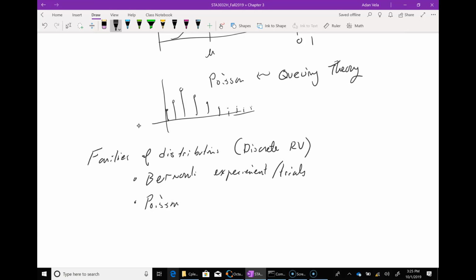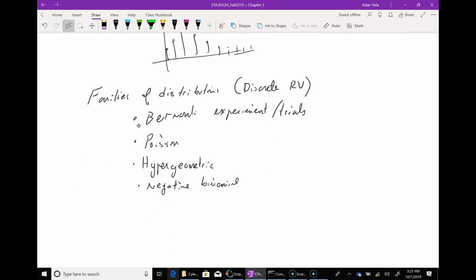That's another good one. I want to give them an, oh yeah, there we go. So we have hypergeometric, and the other one we're going to talk about is a negative binomial. Okay. These types of random variables come up so often that we've started to develop a notation on how to refer